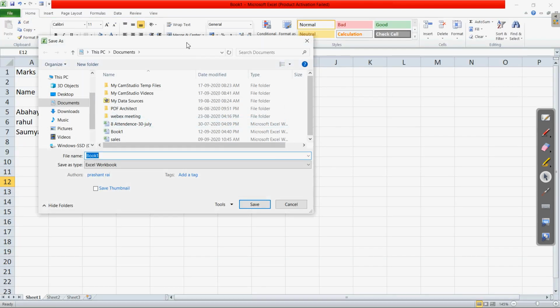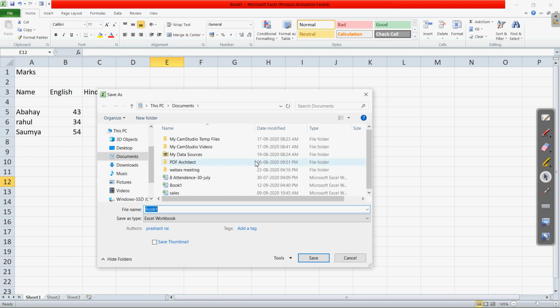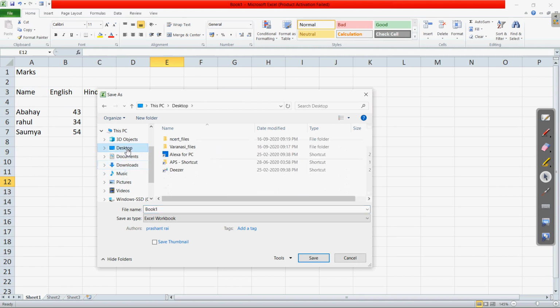When we click on the Save button, you can choose the folder where you want to save. At the top we have different locations: Documents, Downloads, Desktop. Wherever you want to save your file, that file will be saved there. Then for the name of the file, suppose this is marks, so we can give any similar name to that.